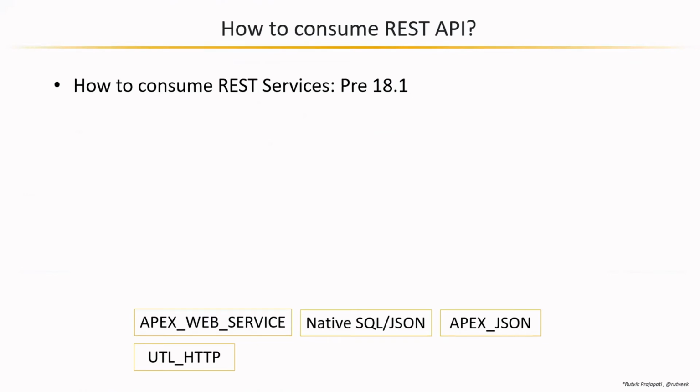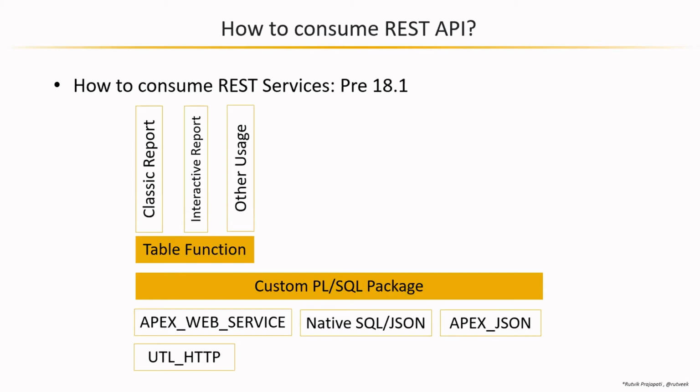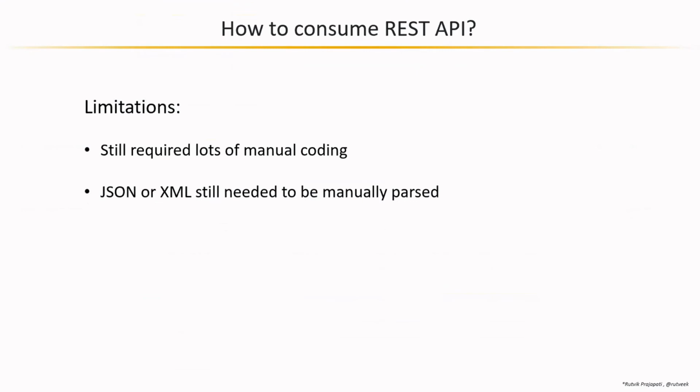And if we are on the newer version of the database, then we can natively parse inside the SQL, right? So using these packages, we need to create our custom packages. Then we need to create a table function, and only then can we use the data we got from the API in our different Apex components like classic report, interactive report, and other usage, right? So the limitation with this is that we still require a lot of manual coding. We need to create our custom package and all other stuff,